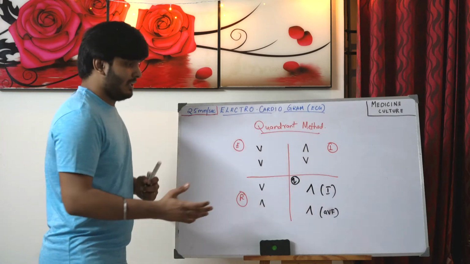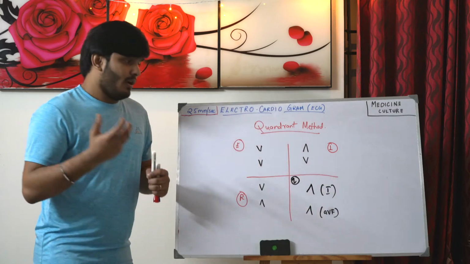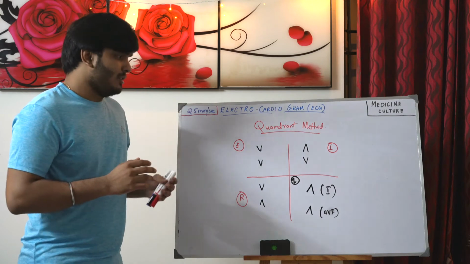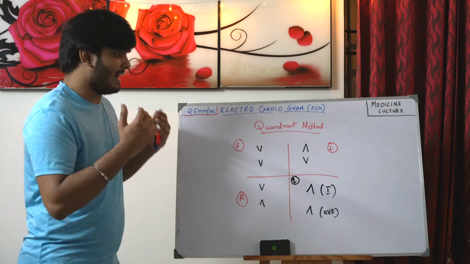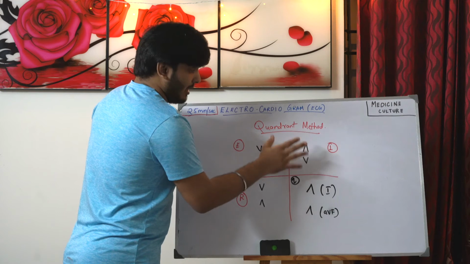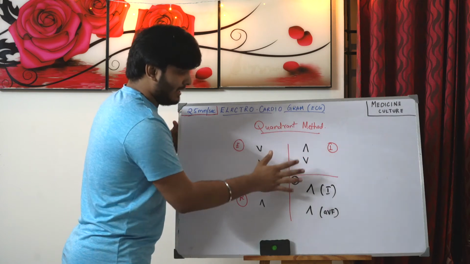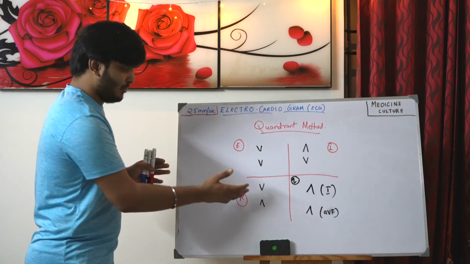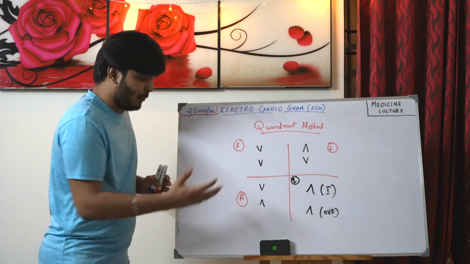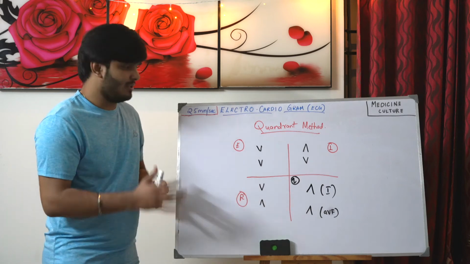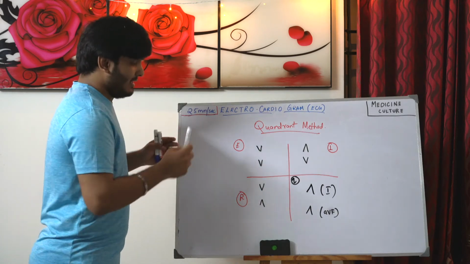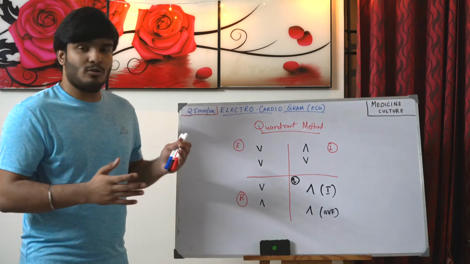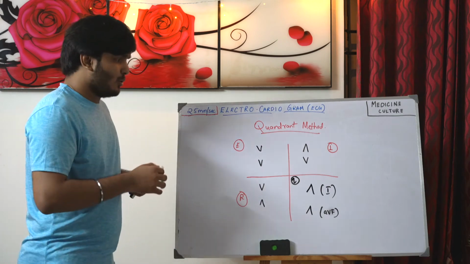But what if you see a downward deflection of the wave in AVF, but a normal upward deflection in lead 1? This is the left axis deviation. So left axis deviation is when there's an upward deflection in lead 1 and a downward deflection in AVF. The opposite, a downward deflection in lead 1 and an upward deflection in AVF, is a right axis deviation. So you cracked it. When you see downward deflection in both lead 1 and AVF, it is extreme axis deviation. So what is this deflection?